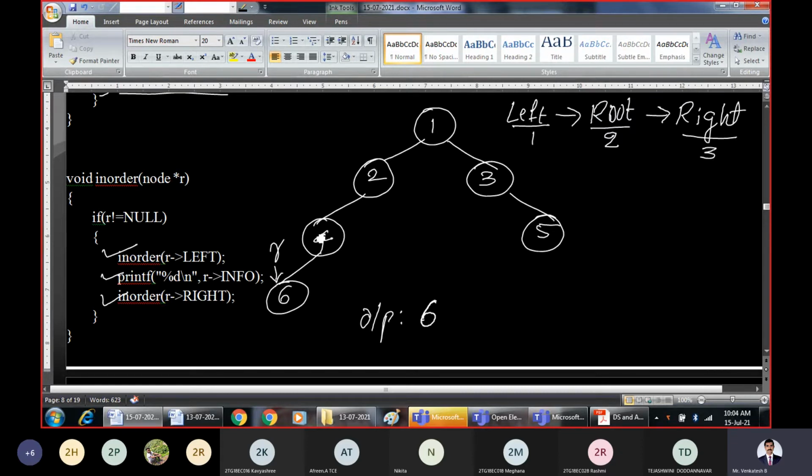Now one level up you have to go. That means now this will not be the node. Because what the procedure says, after left, after root, after left, you have to go to root. Now for the node 4, if you consider for the node 4, what is